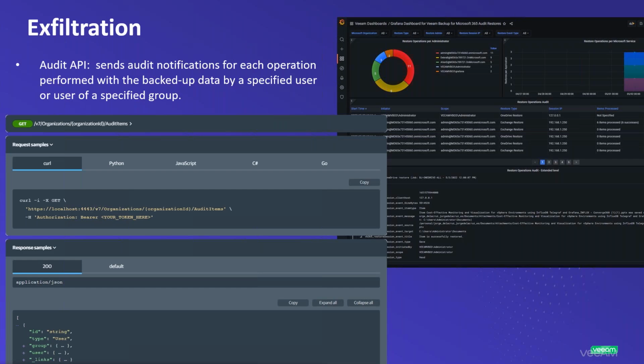We've actually had this API in our console for a few versions now, which you can tap in and get a complete discography of all of the restore types that are happening in your infrastructure and who logged in to perform those restores. Now, in our next version, and this is sort of a sneak peek, inside of Veeam 1, we're going to have additional alarms that are going to be accessing this API. So you'll have automated built-in views of that.